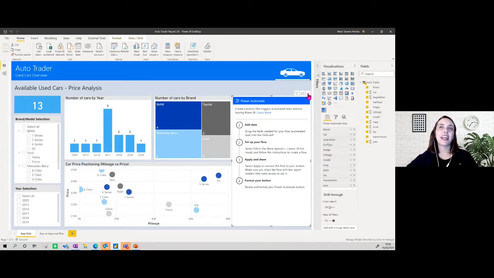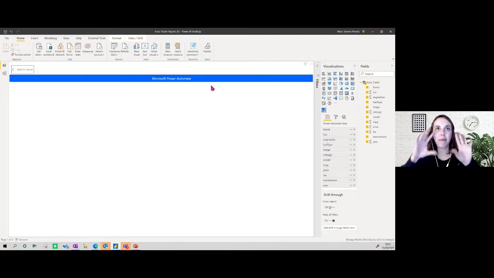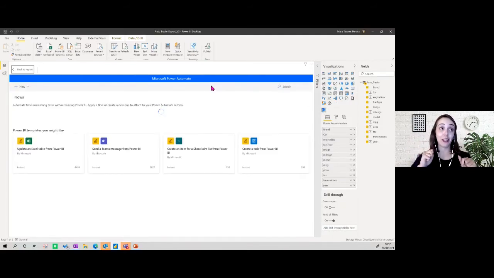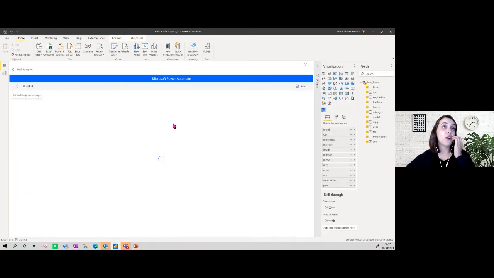We are not actually going to add any data, but the way you actually create something is by clicking on the three dots here and clicking on Edit, and this will show a new window. And basically, if you remember Power Automate, this will bring Power Automate to Power BI Desktop, which I think is pretty cool. As you can see here, this is basically Power Automate, and you can create a new flow from here. You can create an instant flow, you can get a template. So when you go here, for example, create a new flow,